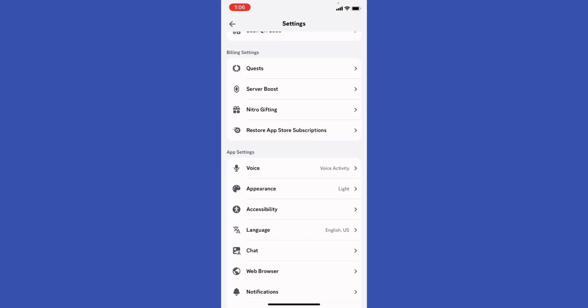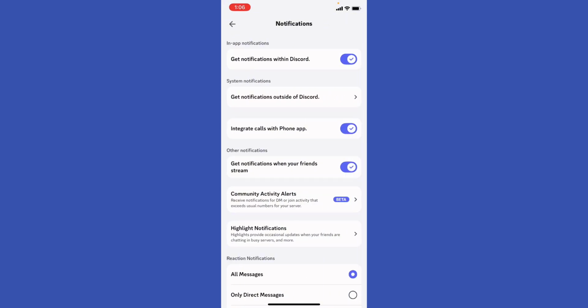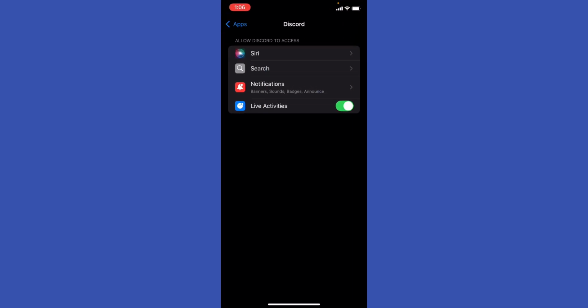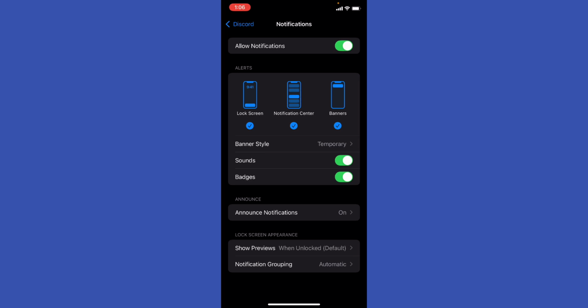Scroll a little bit down to find the notifications. Go ahead and click it. And you're gonna see the system notifications. You can get notifications outside of Discord, which will take you to the settings, right? And you can see right here in the notifications that I cannot change to a different